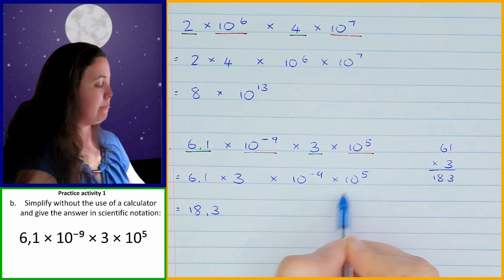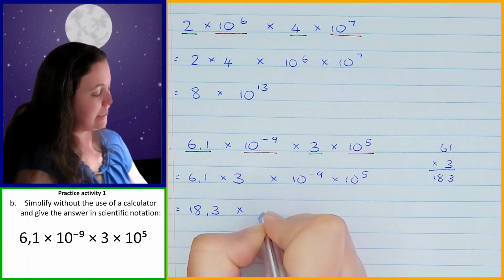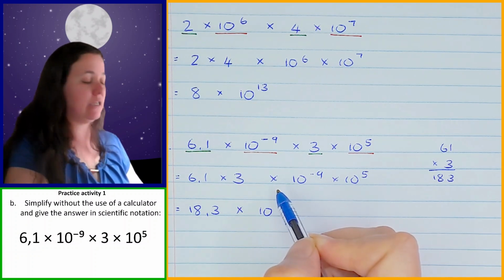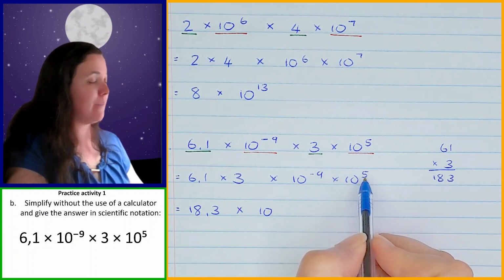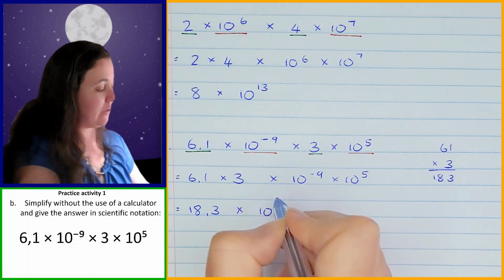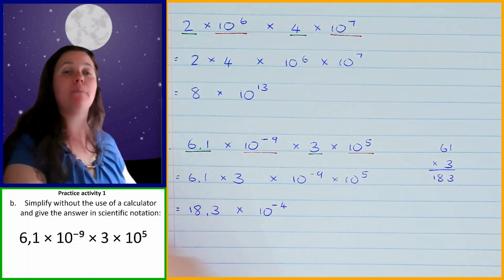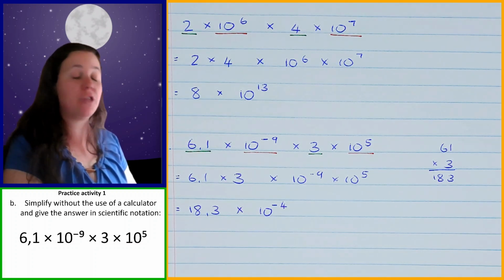And then over here, I'm going to be multiplying my powers of 10. So I have times 10 to the power of, now when we're multiplying, we're going to be adding the exponents. So it's negative 9 plus 5. Negative 9 plus 5 is equal to negative 4. Right, so once we've done the multiplication, we then need to go and check that this is written